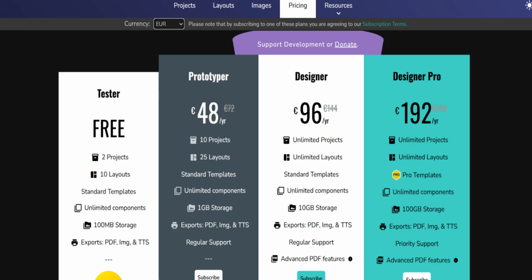If you pay, starting from 48 euros per year, you can raise those limitations, and with even higher paid plans you can get different kinds of PDF tuning. You can have color profiles defined in your PDFs and so on if you need those.